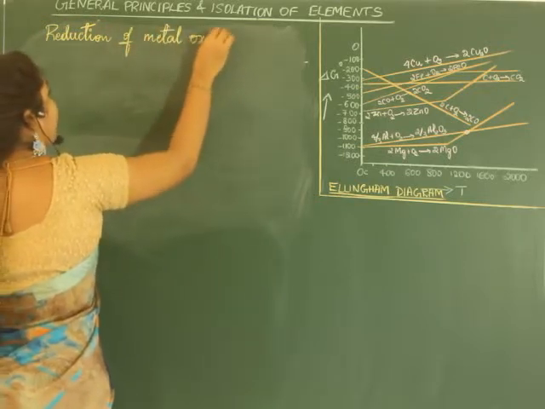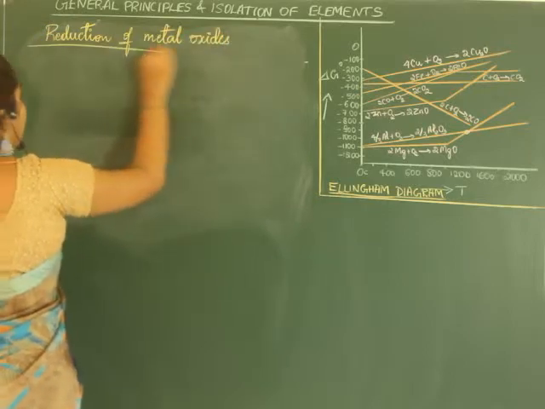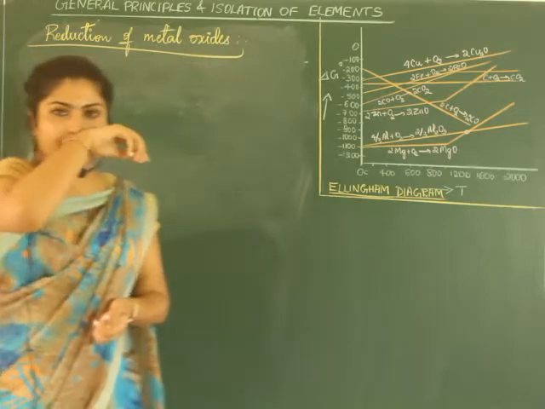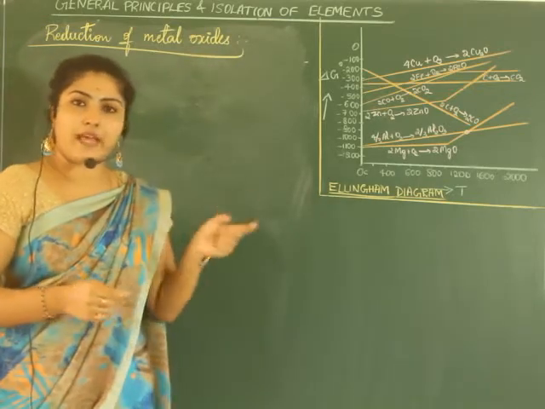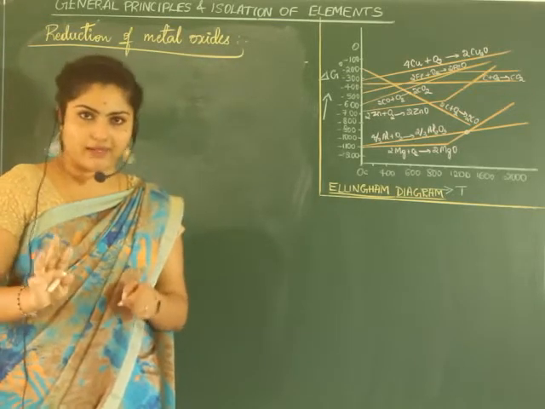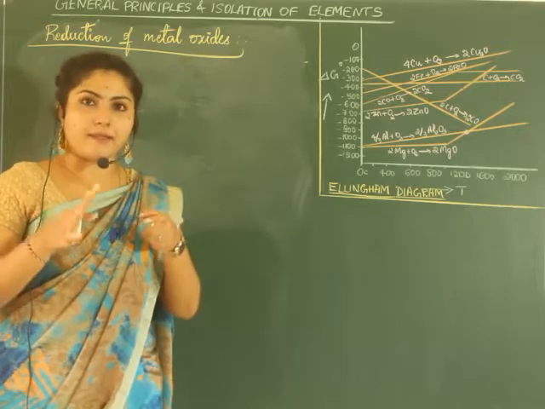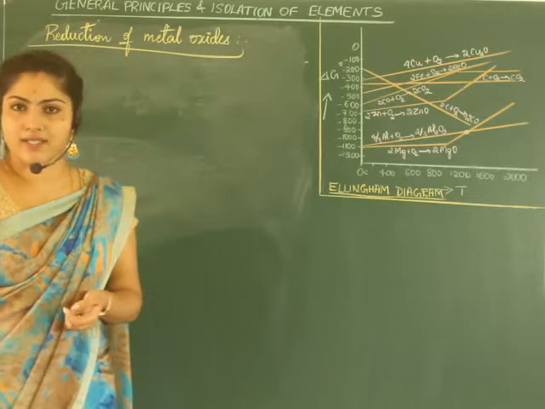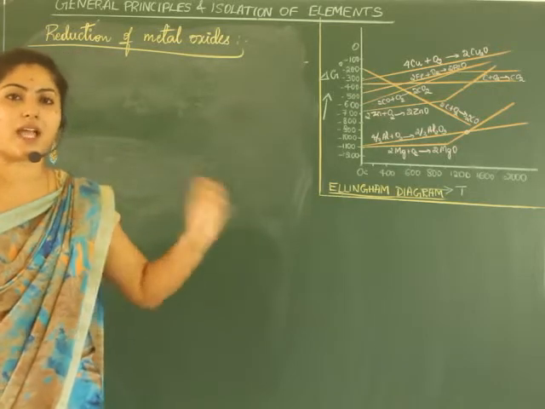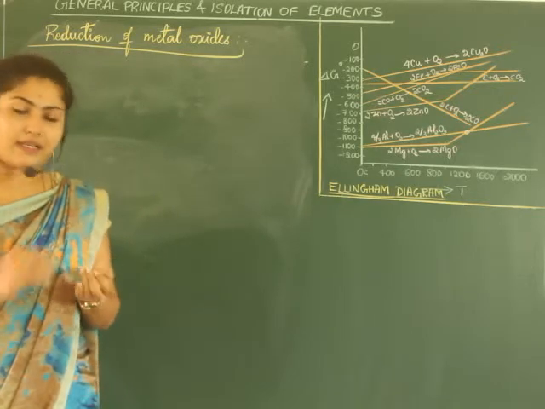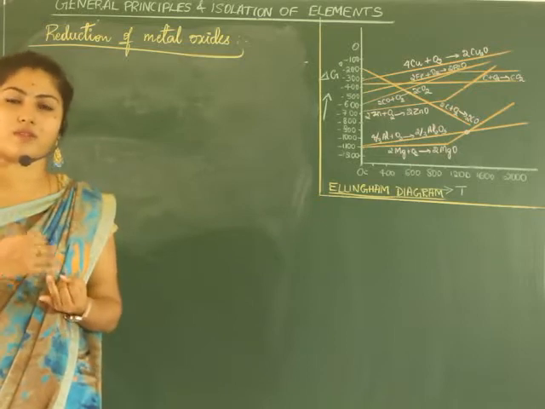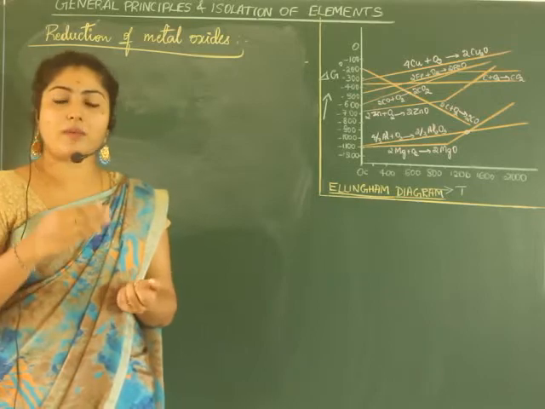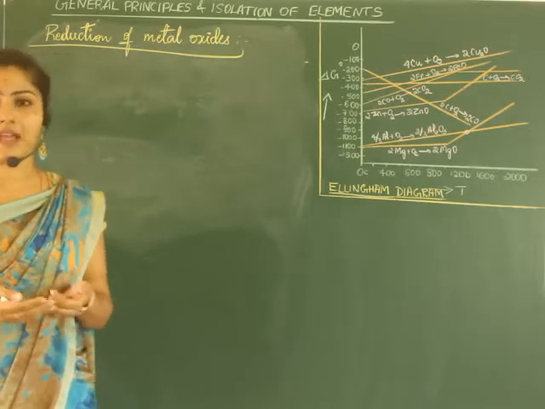Why I have written reduction of metal oxides? Before knowing this point, I'll explain why. So now we have got the concentrated ore, right? So now imagine you have got concentrated ore, it still has some impurities in it. Only the early impurities are removed. Now say in leaching process, froth flotation process, or magnetic separation or hydraulic washing, whatever, we have just removed the basic impurities. Still there are impurities.